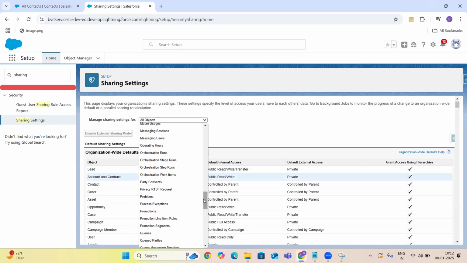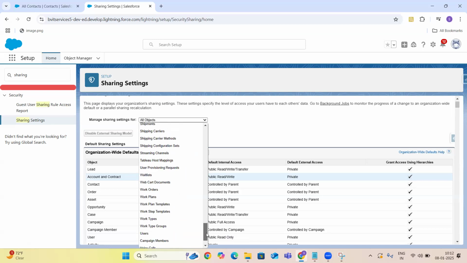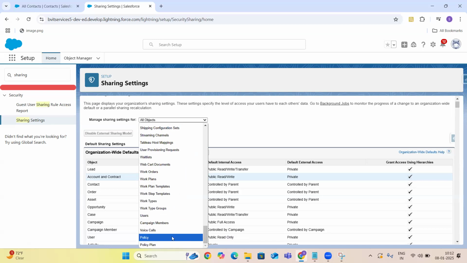We have created some custom objects, right? Policies and policy plans. See, we can see that also. Each and every object which is present in your org will be available for these sharing settings.